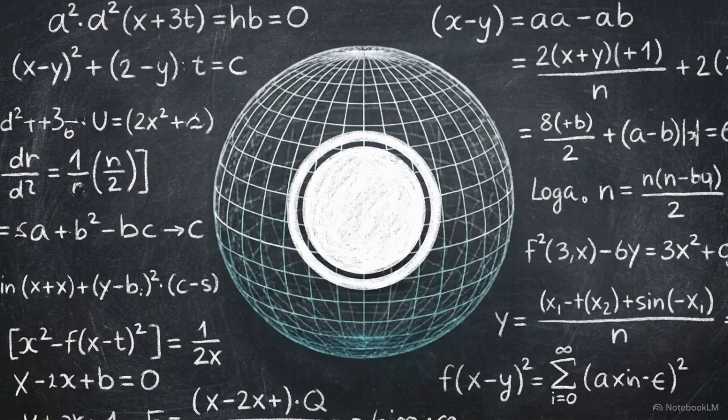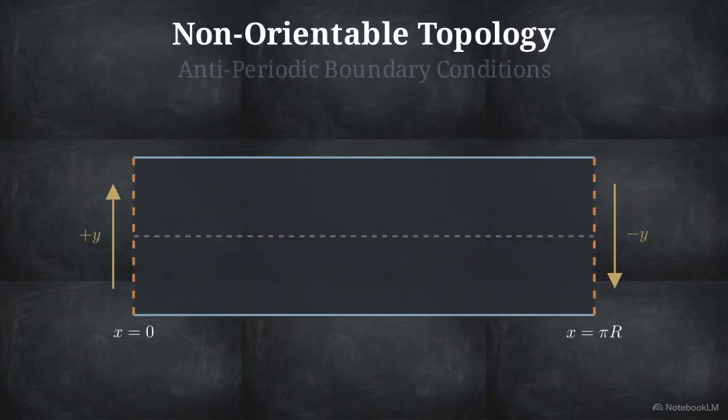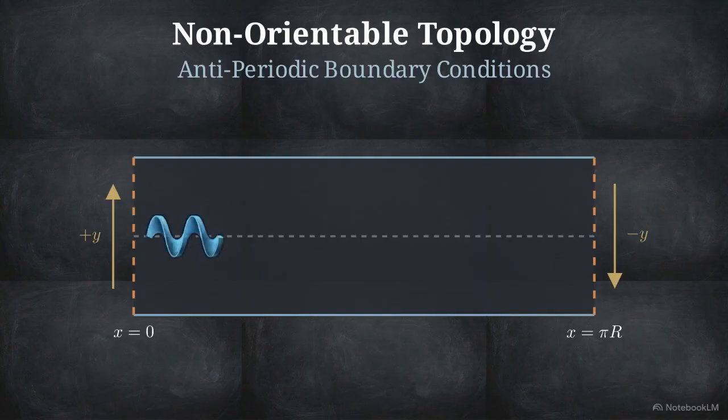The topology possesses an internal structure as well, a totally geodesic two-dimensional sphere embedded directly within S3. A Mobius band is constructed on the surface via a specific boundary edge identification that reverses orientation. This animation shows the effect. Fields coupled to this non-orientable surface must satisfy anti-periodic boundary conditions. This means a wave traversing the strip is required to flip its sign to complete the circuit.